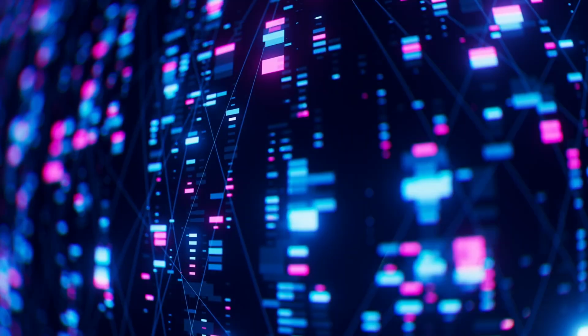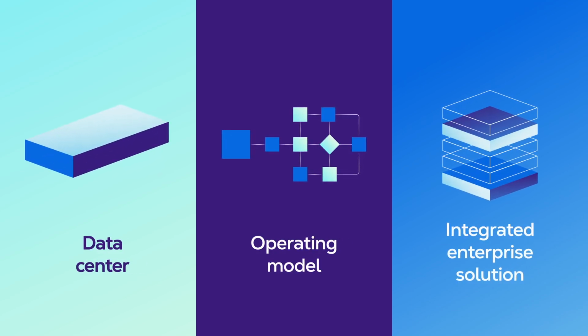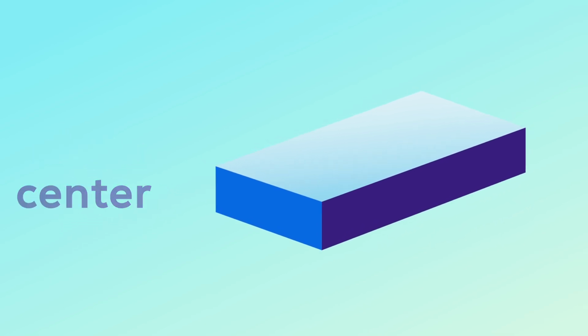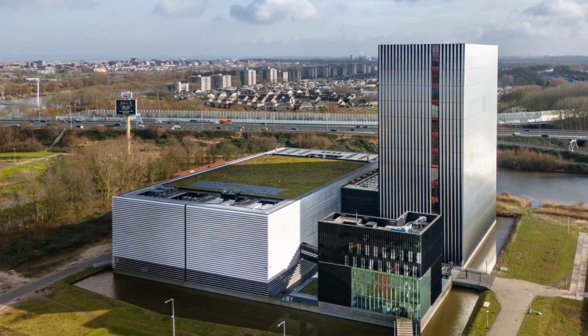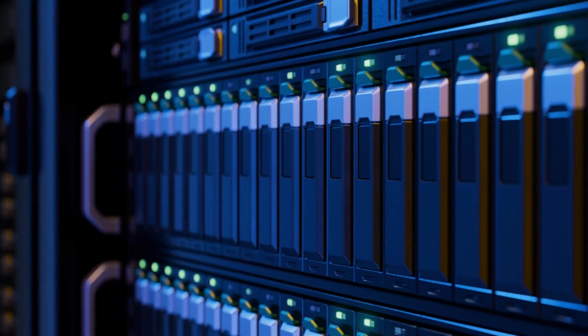The term AI factory is used in three main ways: to describe a data center, an operating model, or an integrated enterprise AI solution. A data center AI factory is a purpose-built, high-performance environment designed to run large-scale generative AI workloads at speed. Unlike traditional data centers that primarily store and process existing data, these AI factories generate new intelligence